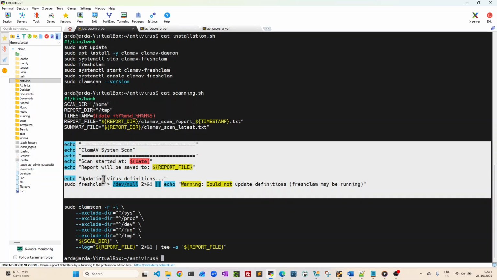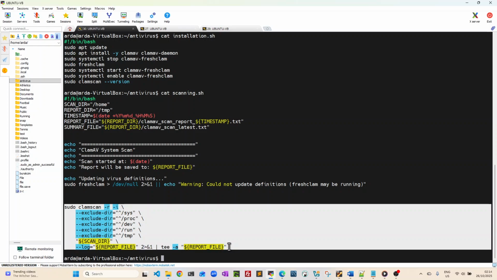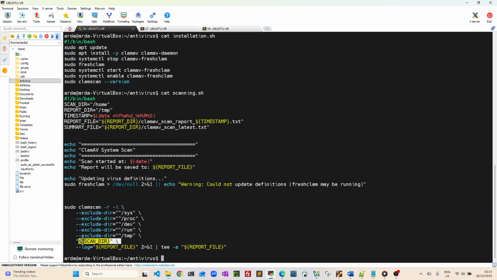Next, I update the virus internal database, which is a fresh clone. Then I actually start the scanning process in the specified scan directory here using the clam scan feature, and then